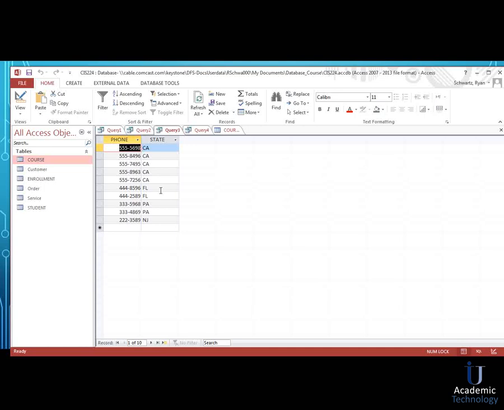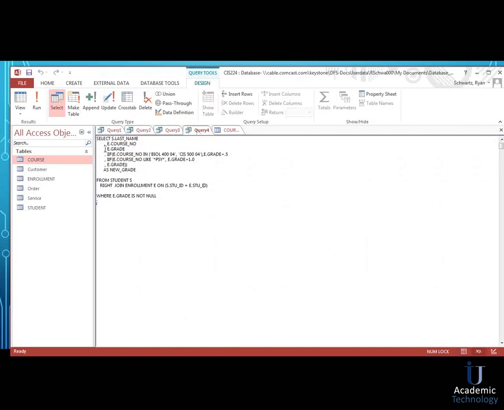So again, we're searching for something. If you want to think of it that way, we're searching for these numbers in order to meet the criteria to put into our field. So let's look at one last example. We're looking at the student table here, last name, course number, grade, and then we're saying if the course number is in one of these two, Biology 400 or CIS 500,